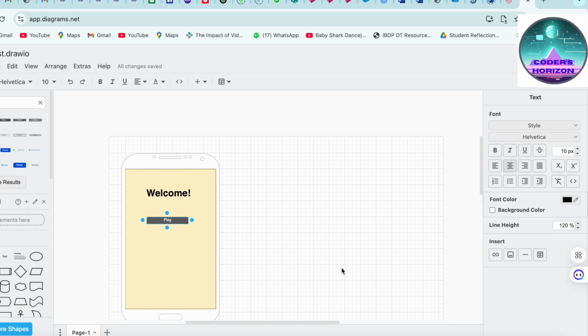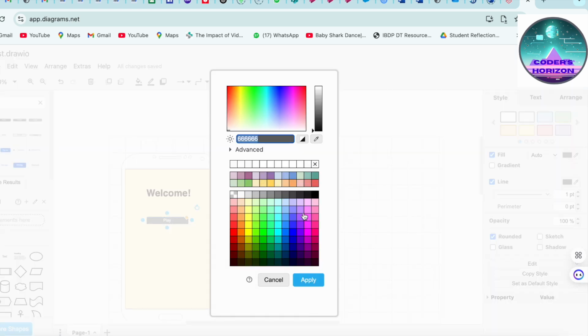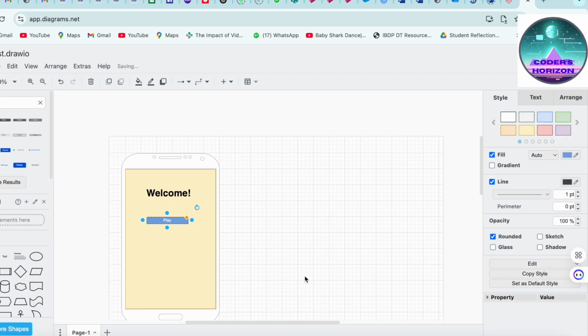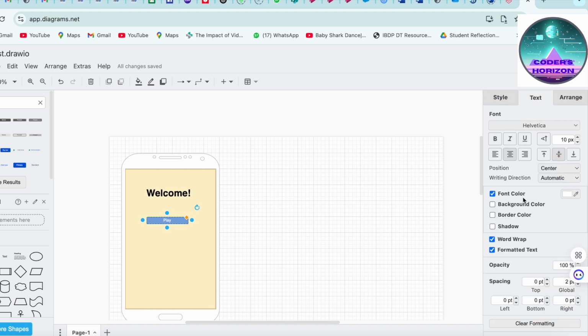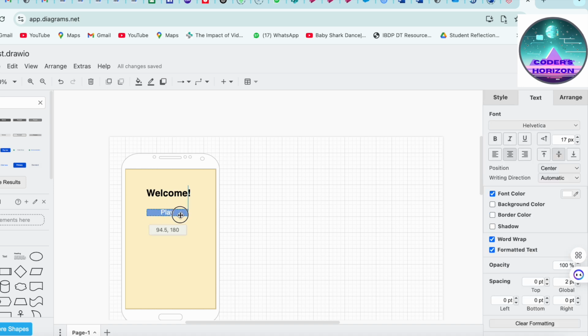So let's say play. I can change the color of the button, I can change the text of this button, I can change the color from here. I can change the font. It's literally very simple. It's like any other tool which you use to edit or to make things look better, like this, right? So this is play,